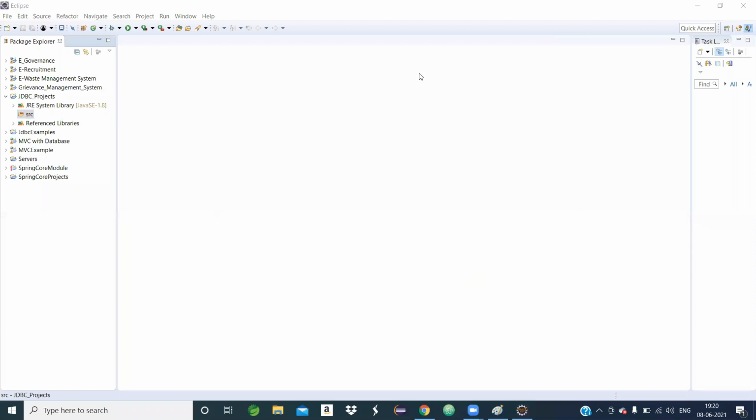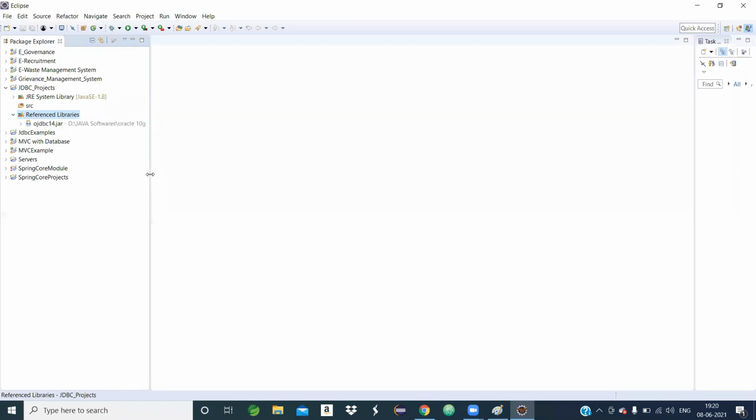Once I configured it, a folder is automatically created, and the name of the folder is referenced libraries. It shows OJDBC14.